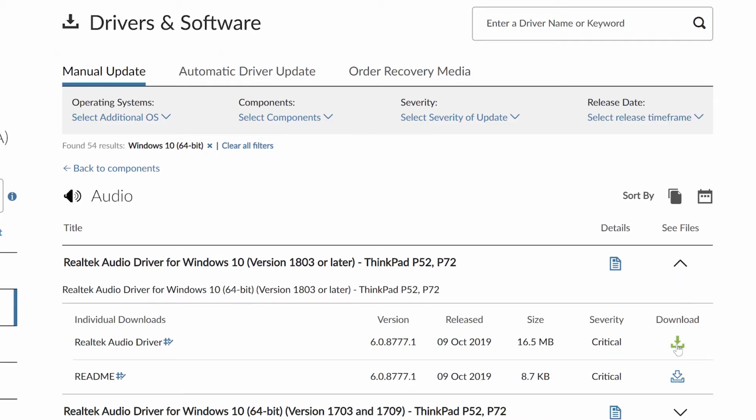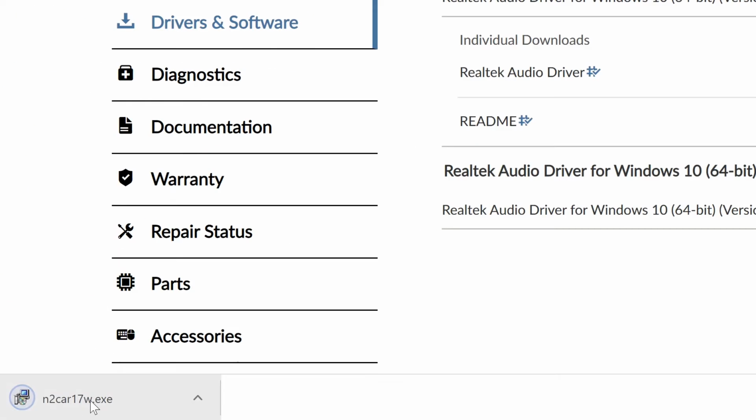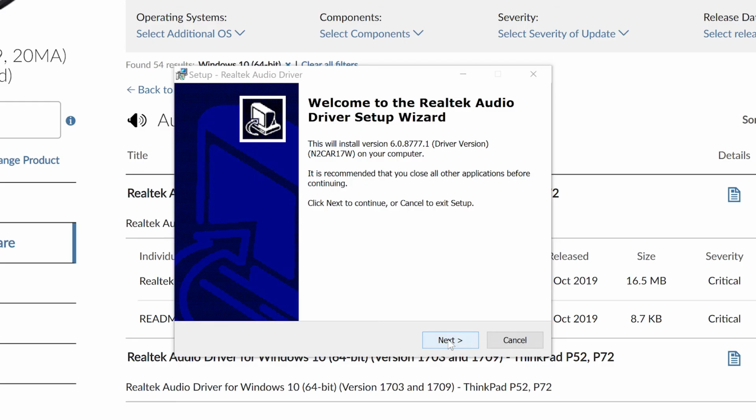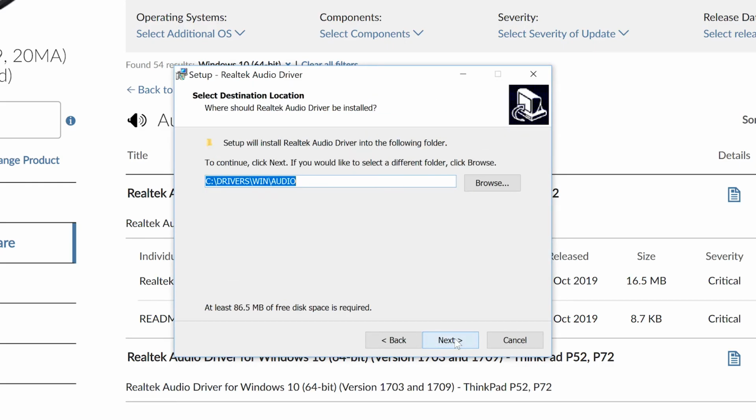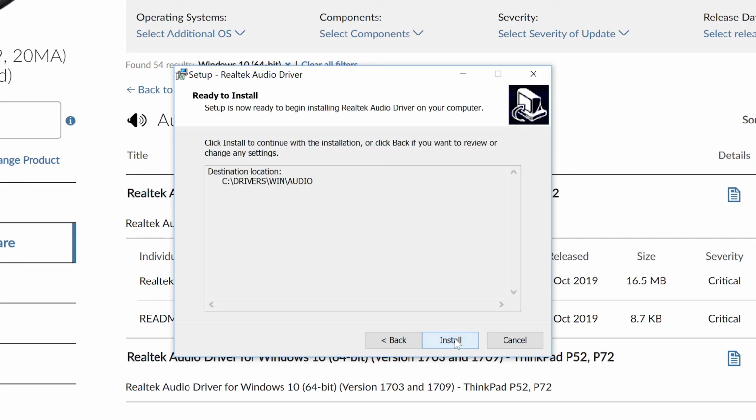Click the Download button for the driver you wish to download. Once the installation file has been saved on your system, double-click the file to run it and follow the instructions during installation until the driver has been fully installed. After the install process has been completed for the driver, the downloaded installation file can safely be deleted.